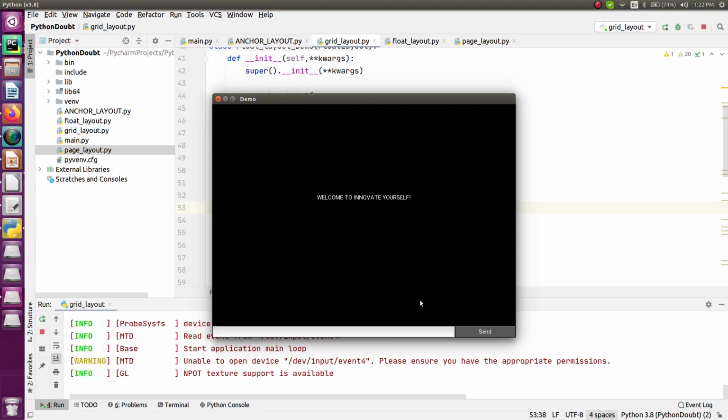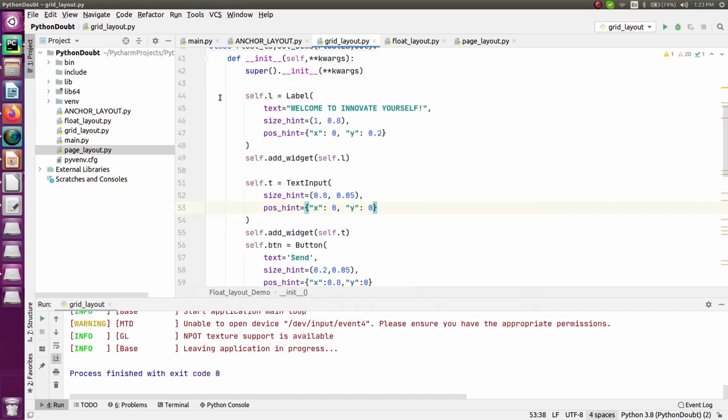So let me run this application and let me show you what exactly I have done so far. So let me just run this. So you can see this is a small application, this is a label, this is a text box, this is a button. So what will happen is here I'm going to enter some text, let's say hello. This is the text which I'm going to read, and accordingly when I click on this send button you will get a result for that. Or let's say this is a message that you are passing to Google, and Google will search a result for it, and you will get a result on your screen once you click on this search button. So this is all that we are going to learn. So just close it now.